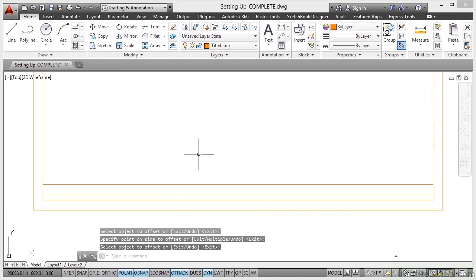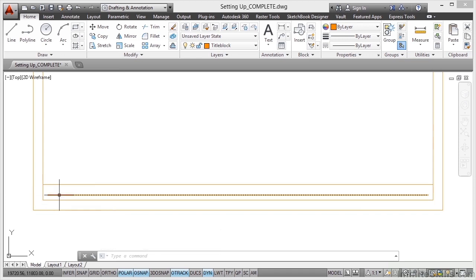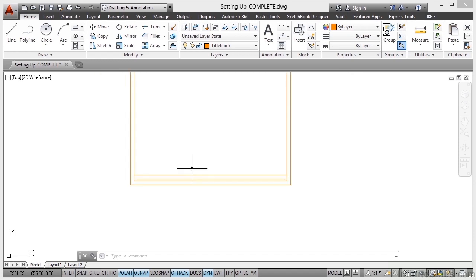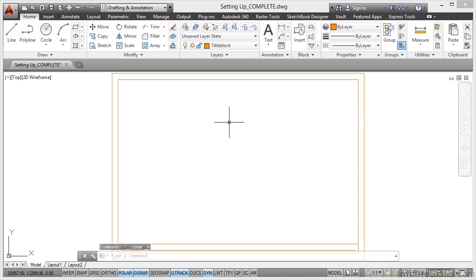And you can see there now, we've got a line that steps in with a gap. We're going to utilize that line as a guide for some text, but the good thing is I've now got a gap there of 10. I can place text on top of that line that's 10, and then I've got a gap above that's 10. So you can see what I've done there. Okay, that's ready to go, ready for the next video where we start adding the text. Let's just zoom out slightly. Now a little trick with the mouse, I can just double click on the wheel, and that does a zoom extents, which is perfect for what I need because I need to see all of my